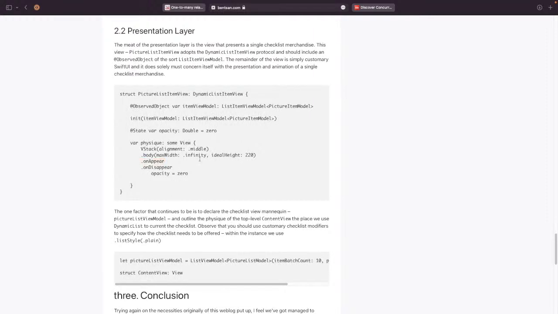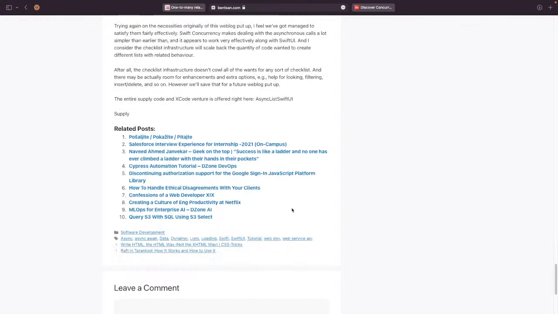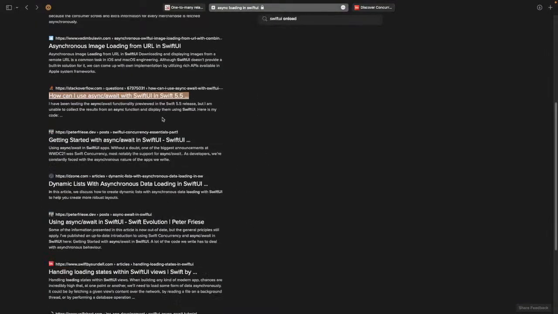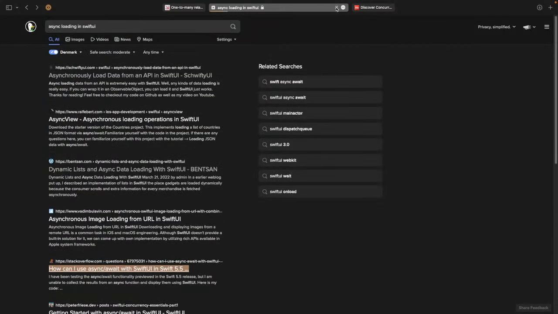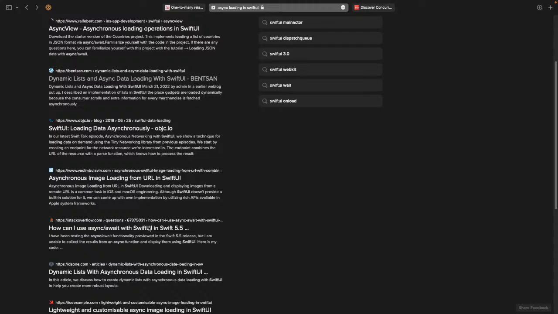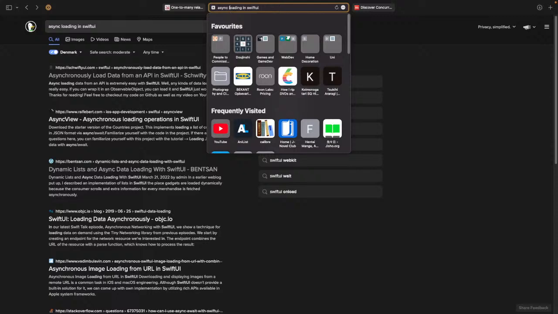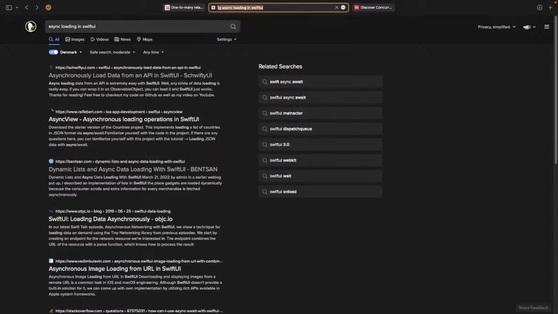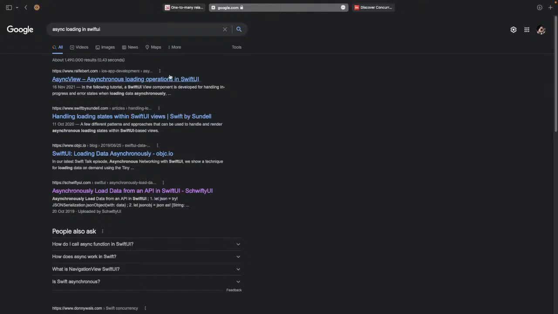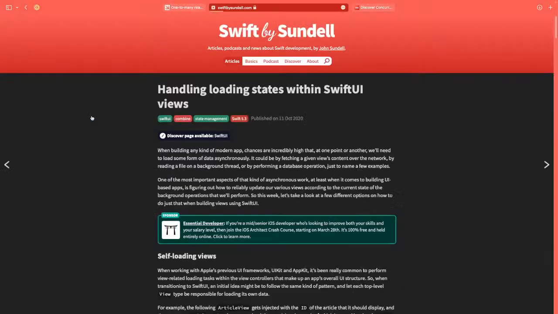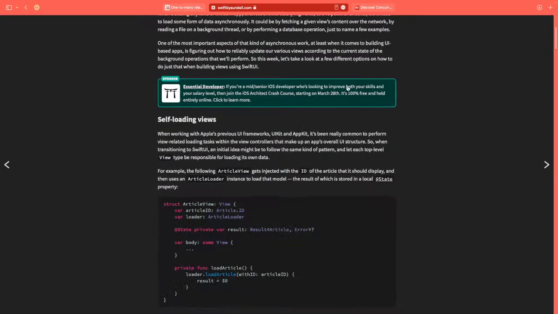It's not on up here. Oh, it doesn't let me click that one. It doesn't let me click any of those. Yo, what? DuckDuckGo doesn't want me to know. I don't need async with view. That's handling loading, but